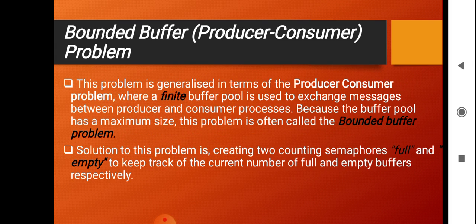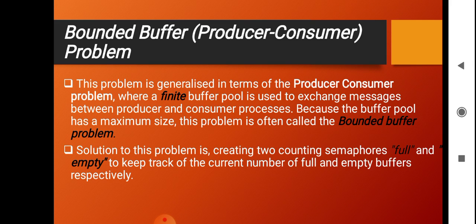Clear? In the bounded buffer problem, we have already discussed the producer consumer problem. I have explained the buffer sizes as bounded and unbounded. So what is bounded here? A buffer is nothing but temporary storage of certain data or information. A bounded buffer has a certain limited size, and unbounded means we can store as much data as we need. There is no limitation in unbounded, but in a bounded buffer there is a limited